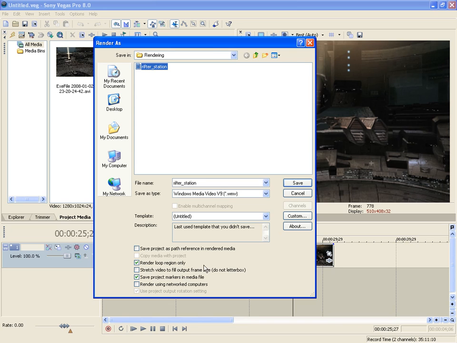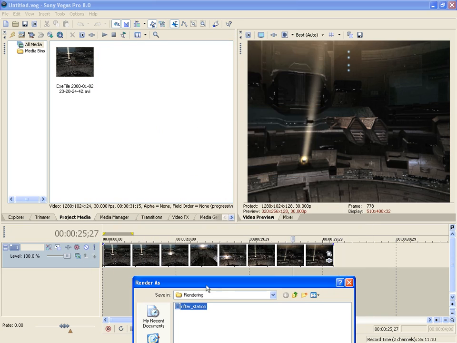And it says render loop region only. Now if you have that checked, that means that the loop region, which is this section here, is all it's actually going to render. Now I've got that set to just a couple of seconds, because one thing I always think is good is just to test your settings. You don't want to spend half an hour or an hour or whatever rendering out the entire film, only to find that you're not really happy with the quality of it, and you think it's a little bit blurry,